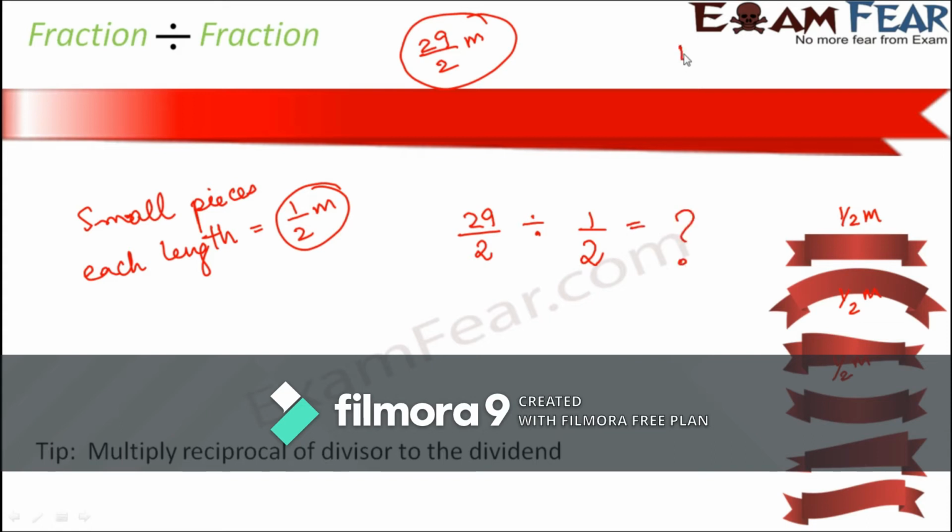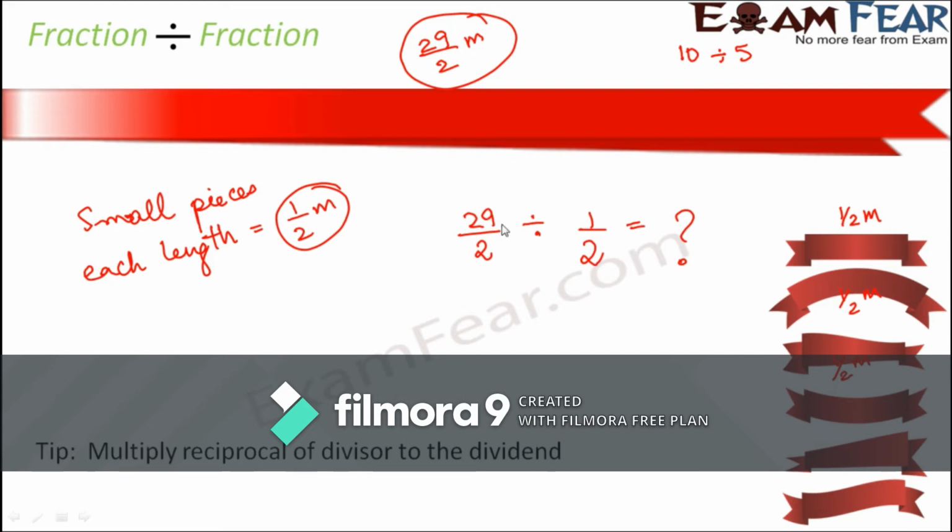Right? It is something like this. Let's say you had 10 chocolates and you divided those 10 chocolates among 5 friends. How many chocolates does each of them get? For that you have to divide 10 by 5. Only then will you get how many chocolates each got. The same thing is true here. The long ribbon is divided into smaller ribbons. So the length of the long ribbon divided by the length of the smaller ribbons gives you the number of pieces that you actually get.